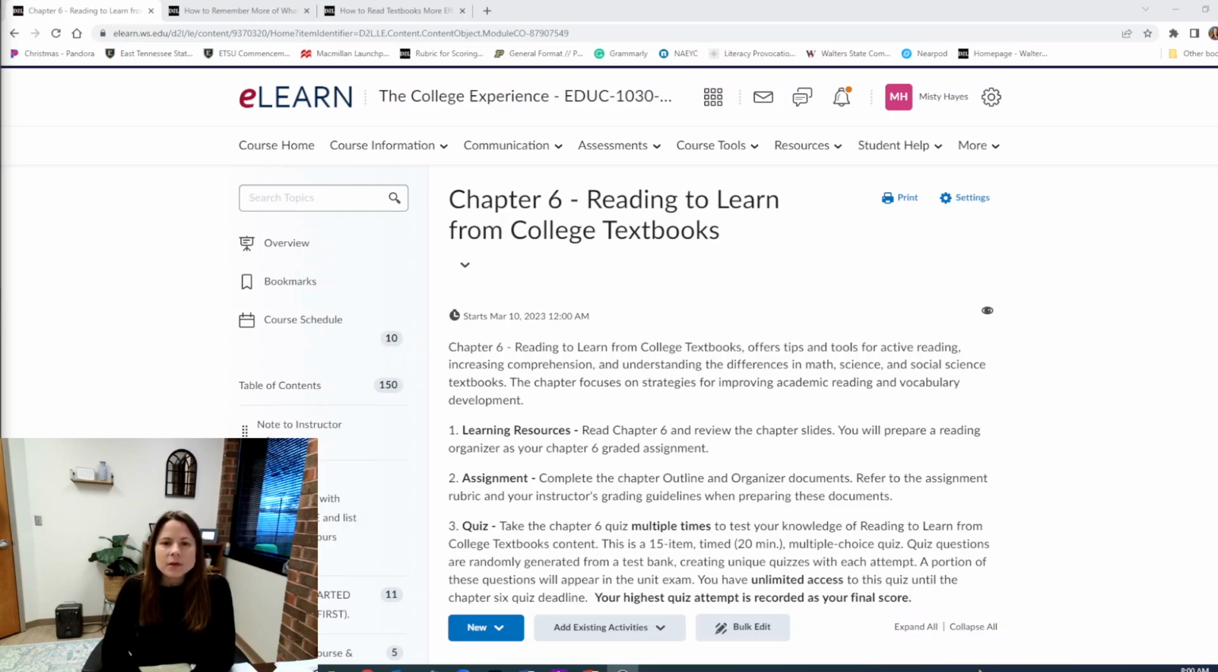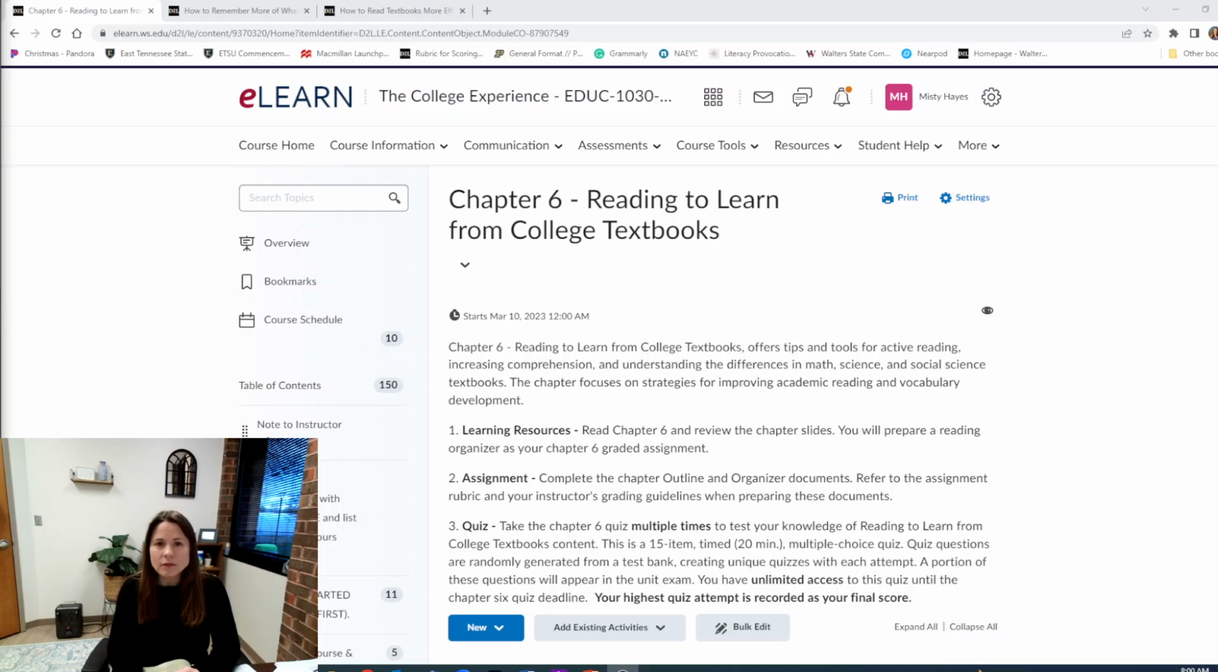So this week we're going to be learning about how we actually read and understand our college textbooks. Reading textbooks in college is a little different than reading textbooks in high school. So this whole week is going to give you tips, tools, and strategies that will increase your comprehension so you can understand different types of reading subjects such as math, science, social sciences, those different types of textbooks. We're also going to be looking at how you can improve your vocabulary development within textbooks